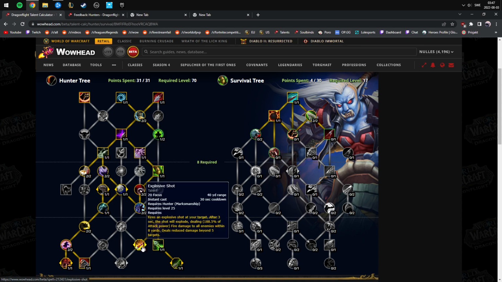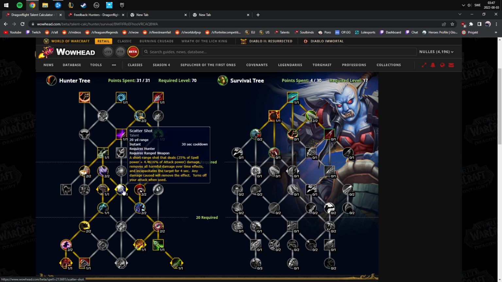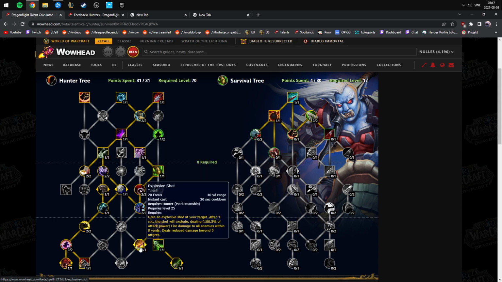So that's going to make it way easier to set up a go, because you don't have to worry about Explosive Shot breaking your Scatter. And you also don't have to worry about preemptively pressing...